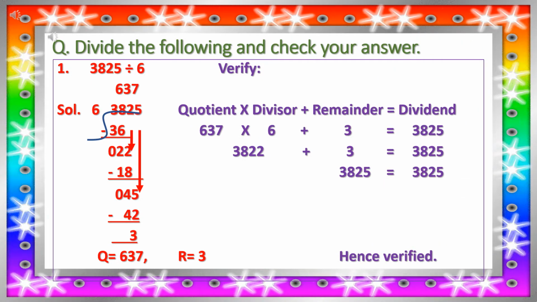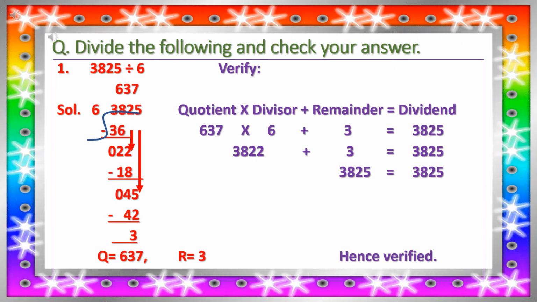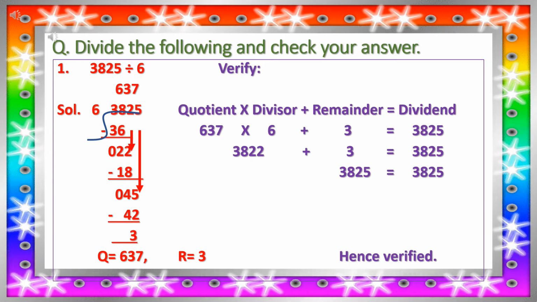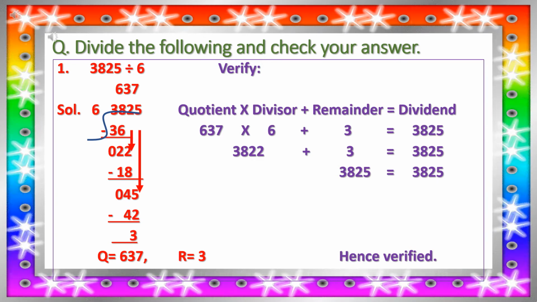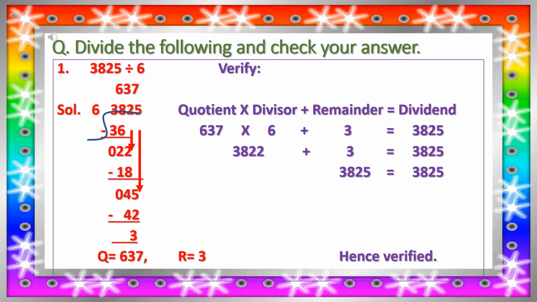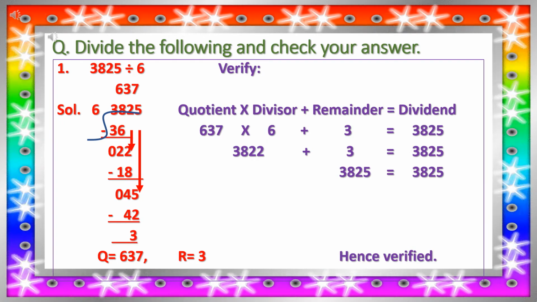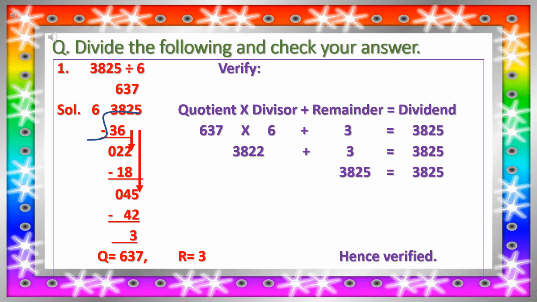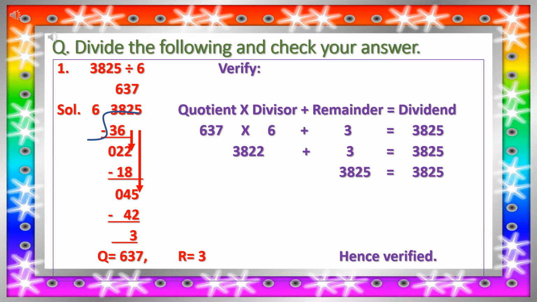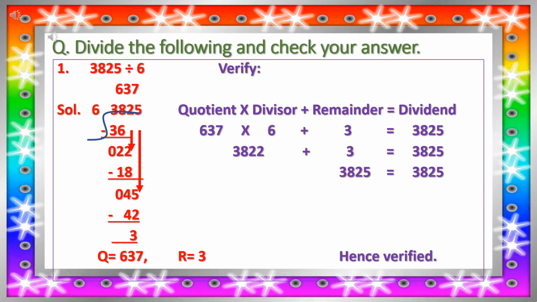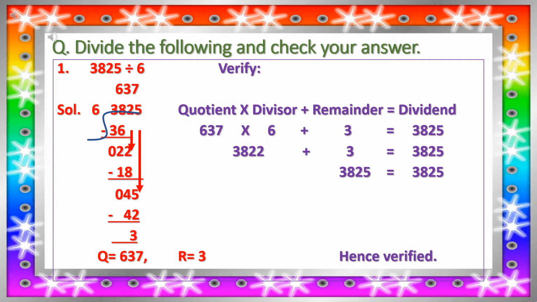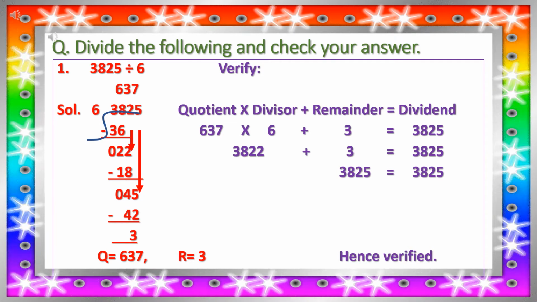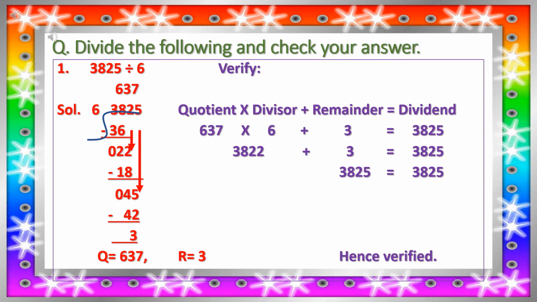Our question is, find the quotient of each division and verify your answer. That means we have to find the quotient and we also have to check our answer. क्वेश्चन भी फाइंड आउट करना है और अपना आंसर भी चेक करना है, वेरीफाई करना है कि आंसर ठीक आया या नहीं आया. First example is 840 divided by 4 and you know we have to check our answer also. So first of all we will arrange the numbers as shown in the slide.